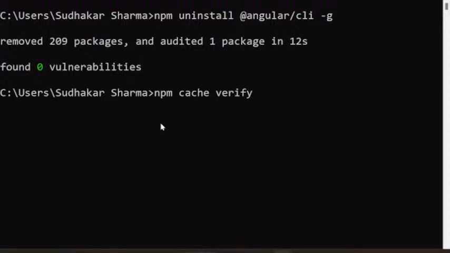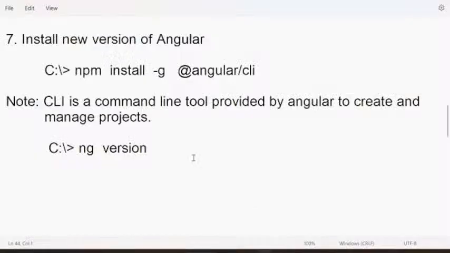Once everything is cleaned up, we have to install the latest version of Angular. It is taking more time. Let it run. Meanwhile, I will show you other points.